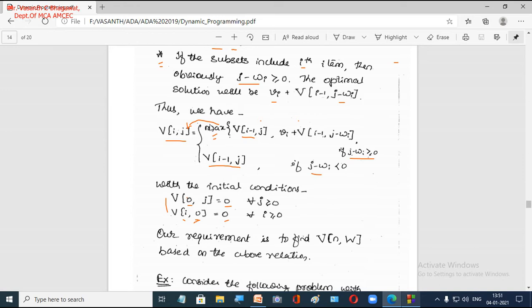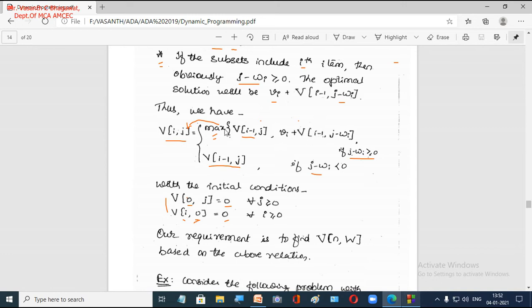Now we are going to implement this algorithm, or try to implement this equation. If you look into this equation, here we are going to find the maximum. What was the previous profit we obtained before selecting an item, and now if you select the ith item, the profit for the ith item plus the value we had in the previous item.